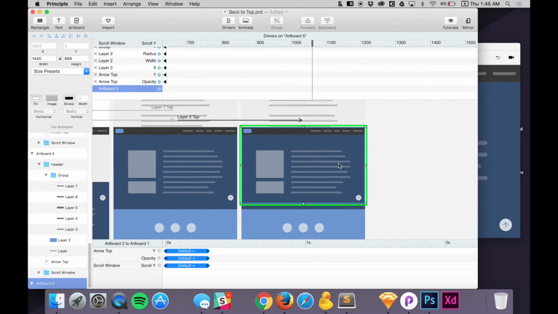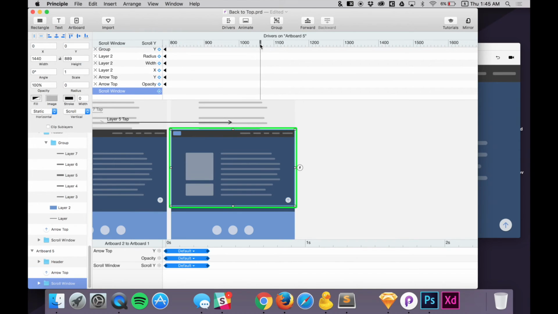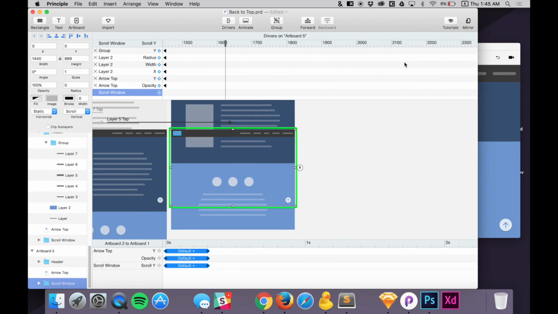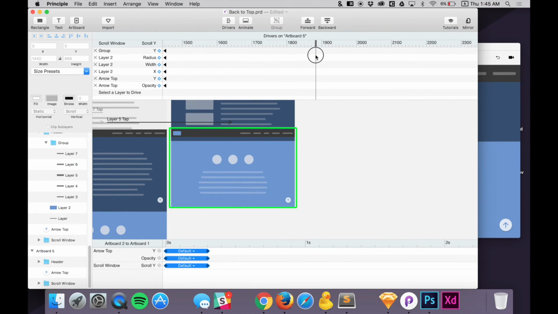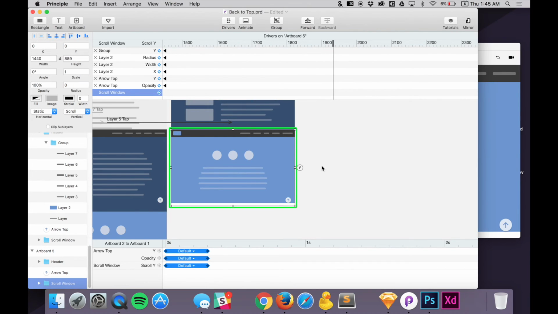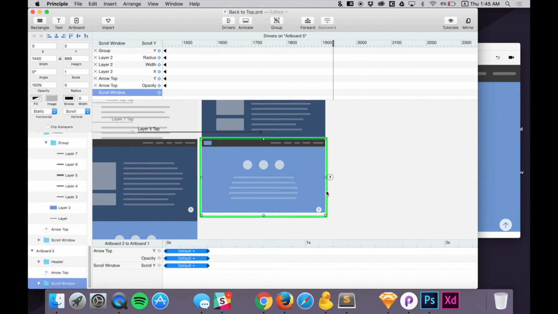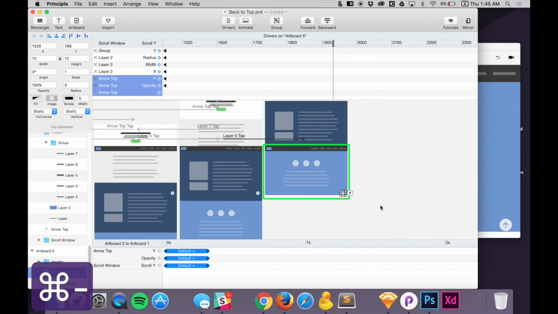It'll create a copy. For this one, same thing. Drag the scrubber and make sure it shows just that blue section there. Okay, there we go. And then now we want the back to top,